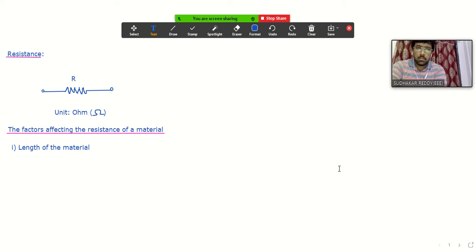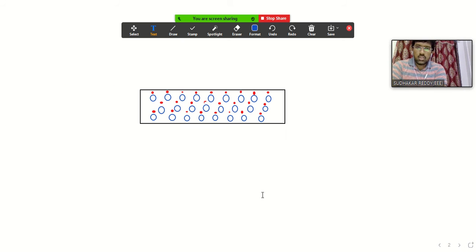That can be analyzed by considering a conductor as usual. So this is how a conductor looks like. I already showed you this type of diagrams at the time of current, voltage, and the classification of materials definitions. So this is my conductor material. Consider a copper material. In case of a copper material, each atom will provide one free electron. So now what we are doing is increasing the length. That means indirectly the length of the conductor increases. Now I consider the length of the conductor as small l.